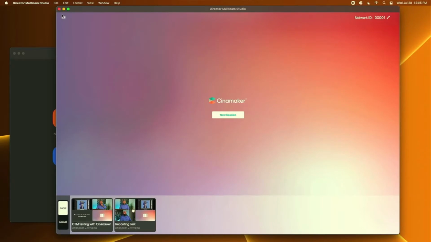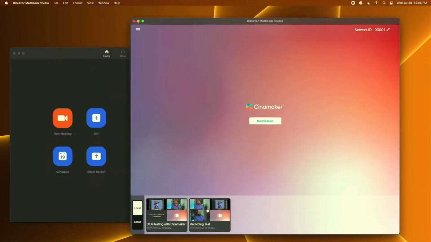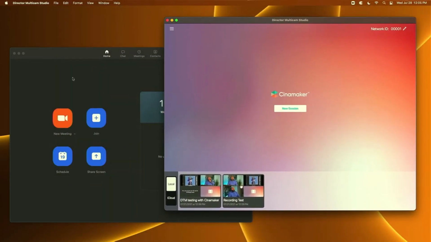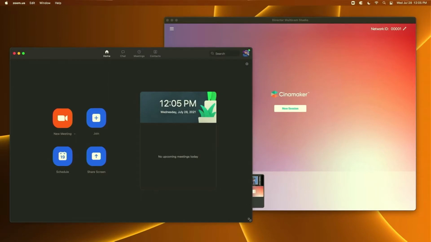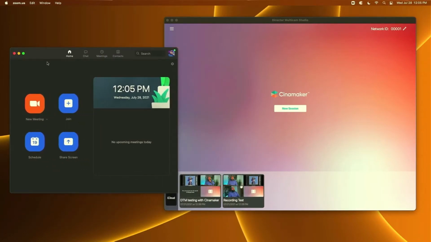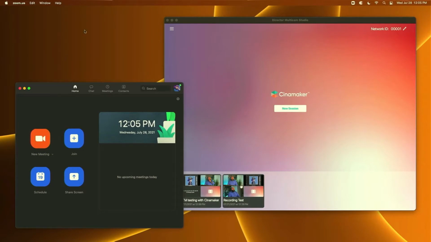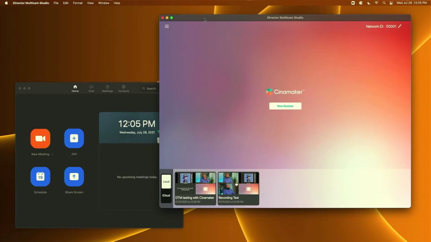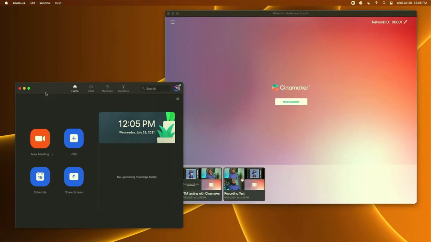Here we go. So this right now is my Cinamaker screen on an iMac. And there's Zoom right there. Let me make this window a little bit smaller. Can I? No, I can't. Oh, yes, I can. All right, so now I'm going to show you how we connect an app like Cinamaker Director Multicam Studio into our Zoom meetings.